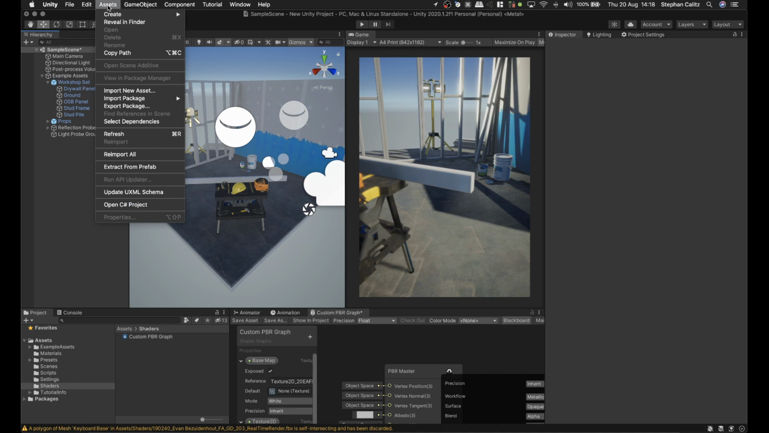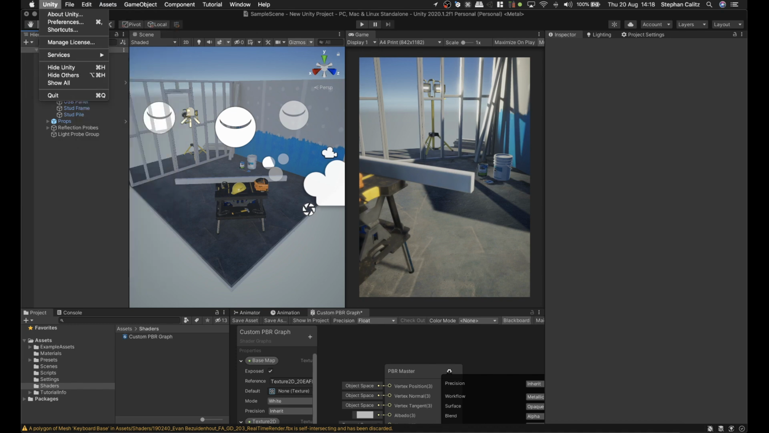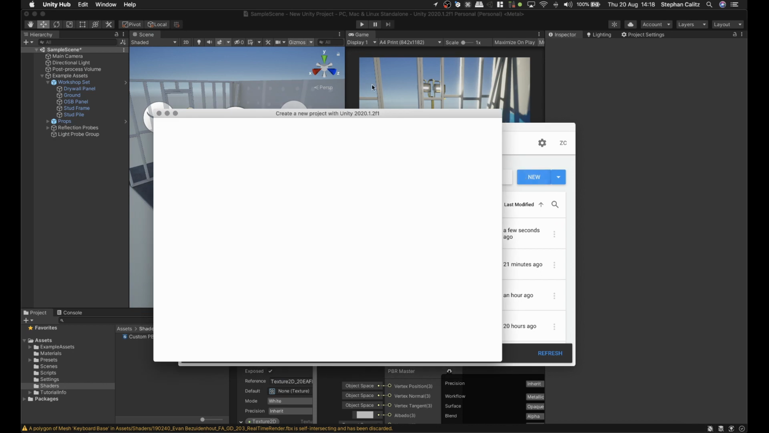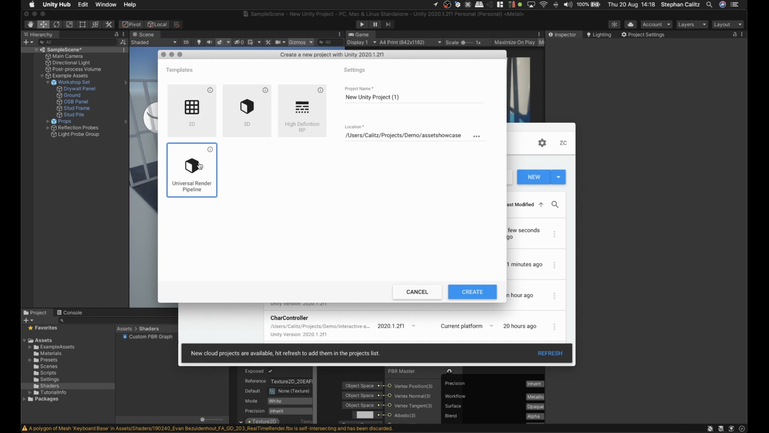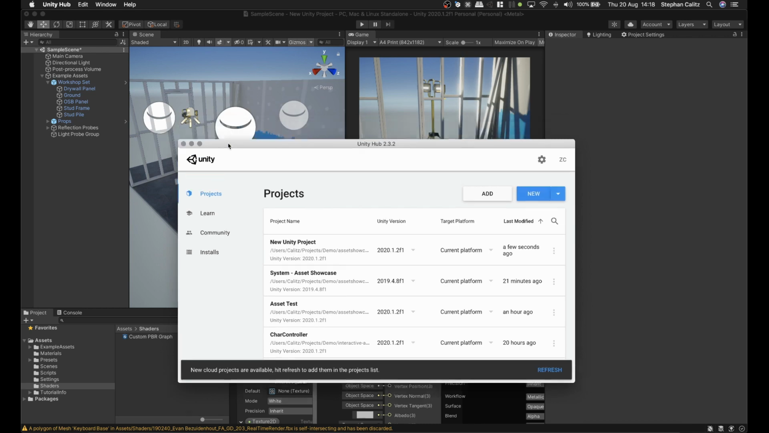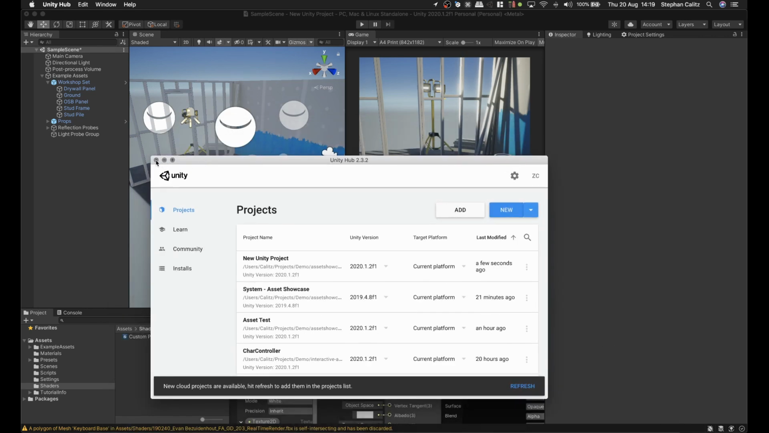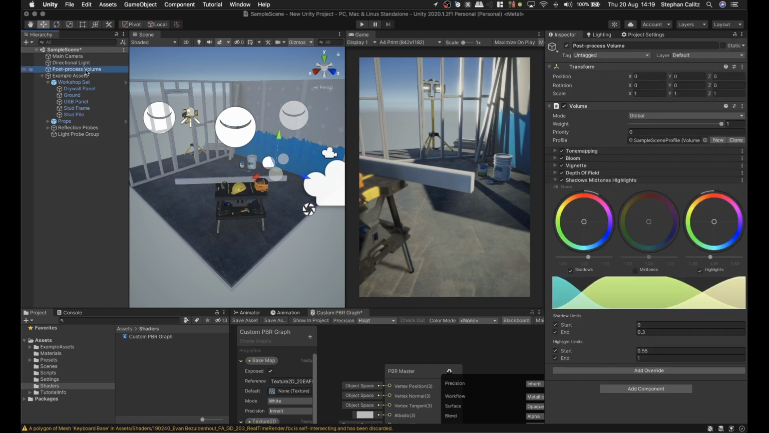By default, this is a new project that I created just using the Universal Render Pipeline. If you do that, then the post-processing stack and the render pipeline is already in place. So this is pretty much what the scene looks like, and you can simply go and find the post-processing volume, which in this case is just an empty game object with the volume component on it. If you set it to global, it affects everything in the project or in the current scene,